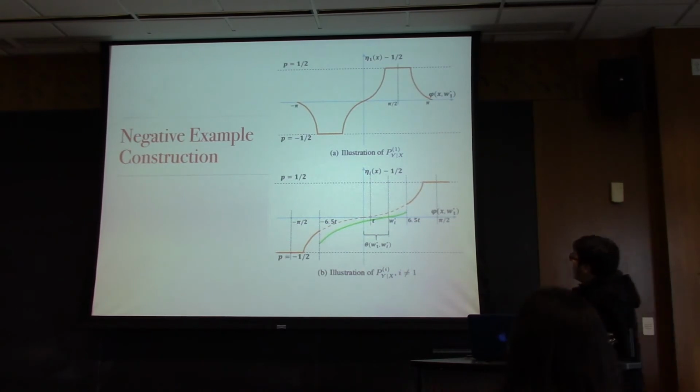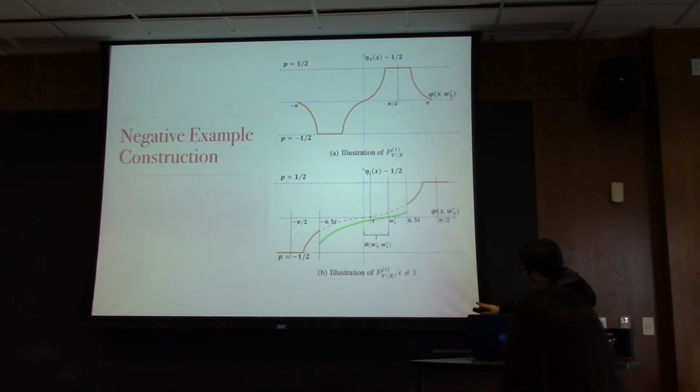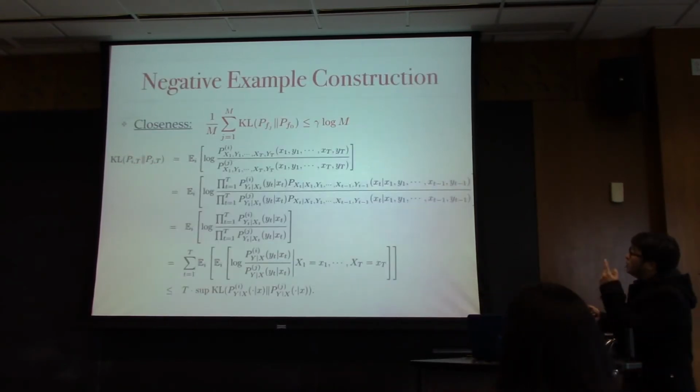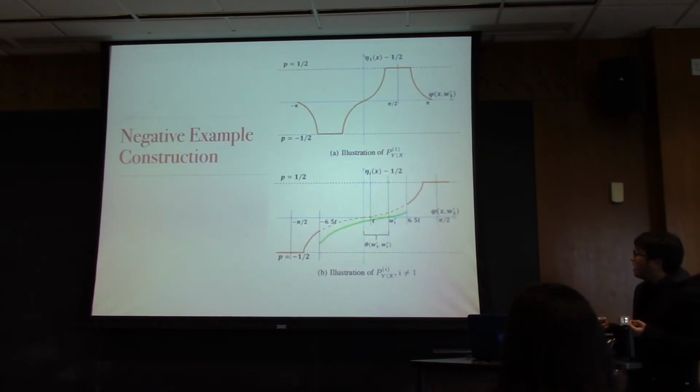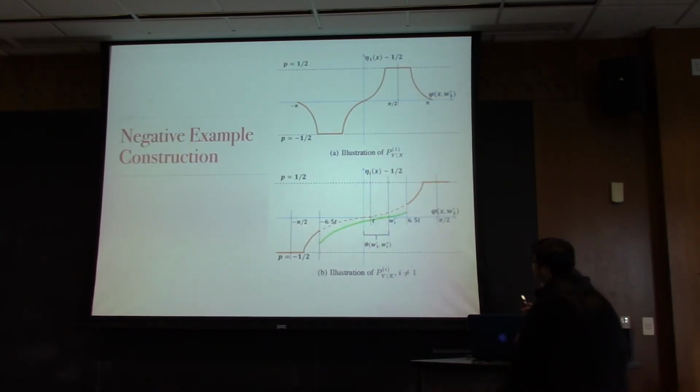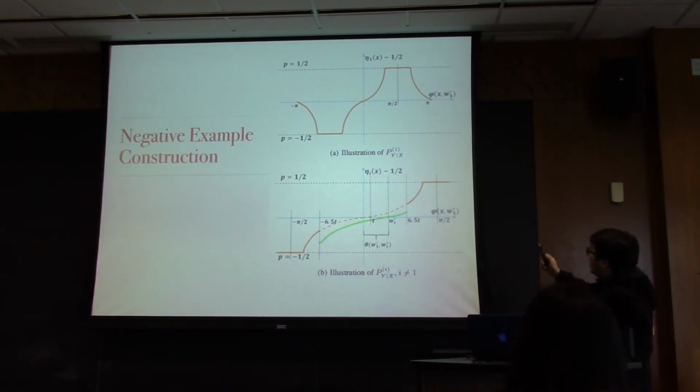And second, for any two distributions, we want to construct the conditional distribution, the label distribution, so that the closeness condition on the KL divergence is satisfied. This basically means that for any classifier Wi star, I cannot distinguish it from W0 simply from empirical evidence. And it also needs to satisfy the TNC condition for sure, because we operate under the TNC assumption.